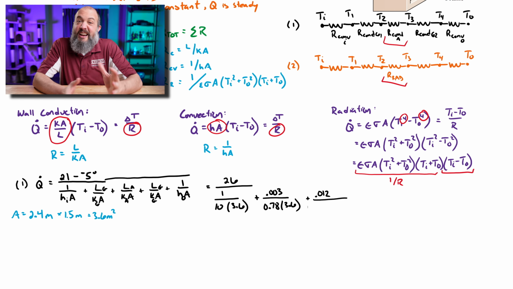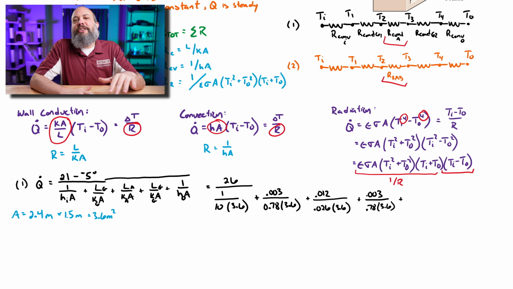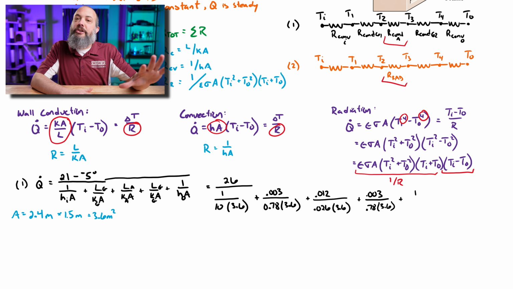So air is kind of an insulator. Air does not conduct heat very well. Things like metal are going to have very high values for K. Insulators will have very low values for K. Second pane of glass, exactly the same as the first one, the 3 millimeters in the numerator and the 0.78 in the denominator. And then for the convection on the outside of the window, we had a larger convection coefficient